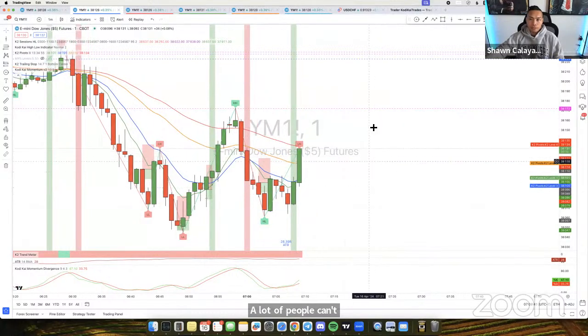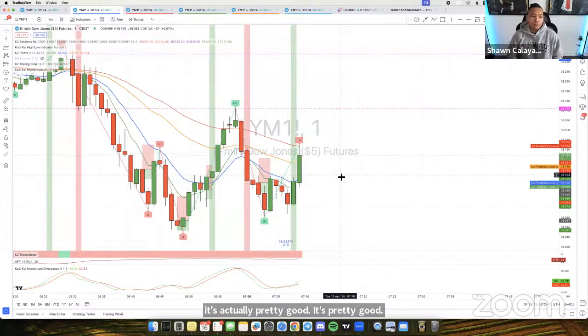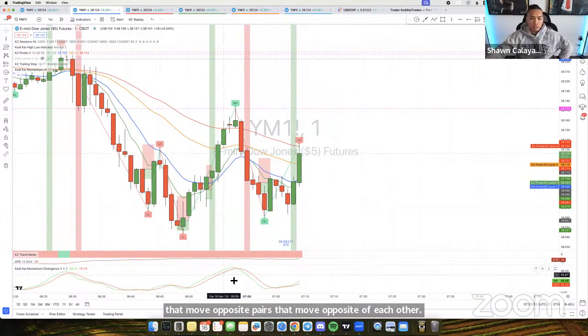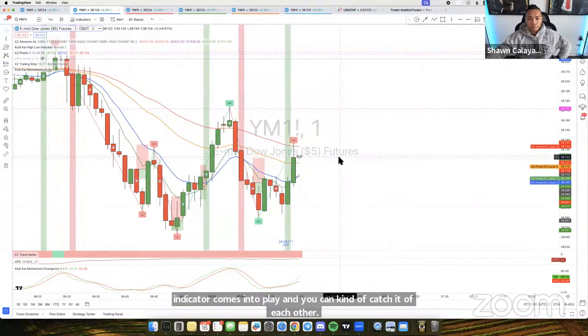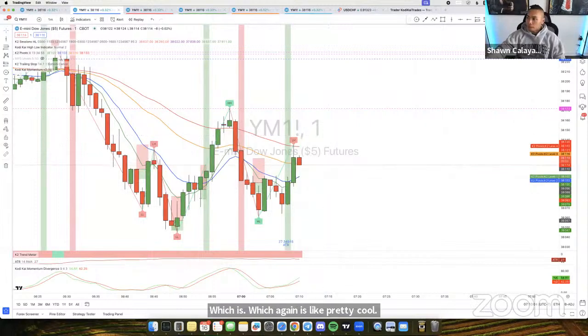I started using divergence for forex trades too. It's actually pretty good. I've been doing divergence between opposite pairs that move opposite of each other, and then from there you can look for another. Then this indicator comes into play, and you can kind of catch the continuations, which again is pretty cool. All right, so